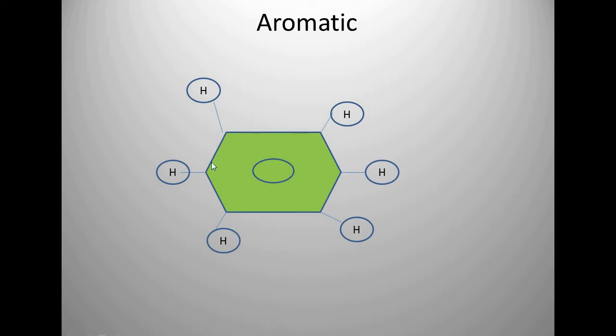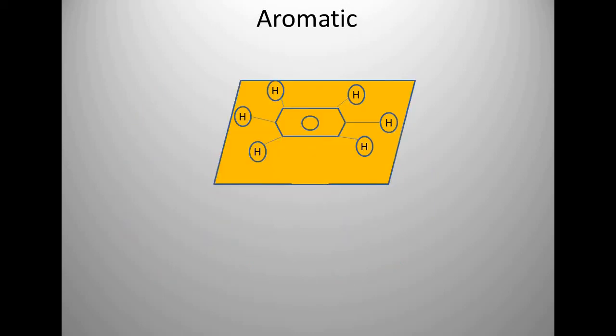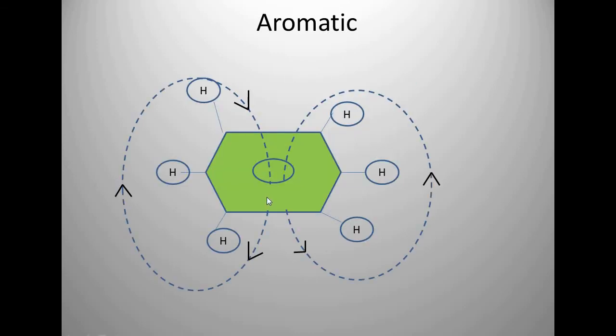So consider this 6-cornered ring of carbon, which is attached to different hydrogens, and the alternate double bond is present between these. When these alternate bonds, or the pi electrons, move, we generate an induced magnetic field due to their movement like this, and the direction is like this. The external magnetic field is also from here only.